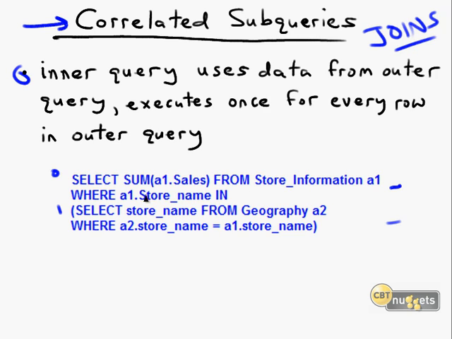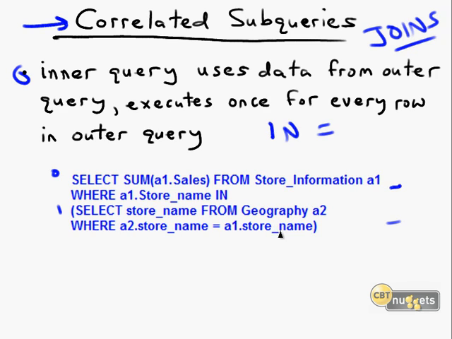As an example, let's take a look at the query that's on this whiteboard that comes from a really nifty site called onekeydata.com. In this query, we have two tables. One, store information, aliased as A1, that appears in the outer query, and geography, aliased as A2, that appears in the inner query. So in our outer query, we first want the sum of sales where the store name in store information is equal to. Now, when we're dealing with multi-row subqueries, in denotes equality, but we can't use equal, remember, our syntax rules apply, so we'll substitute in, and then in our inner query, we're selecting store name from geography, a related table,